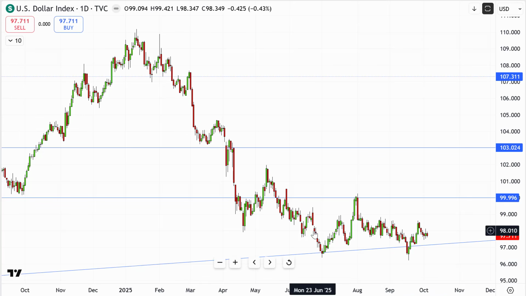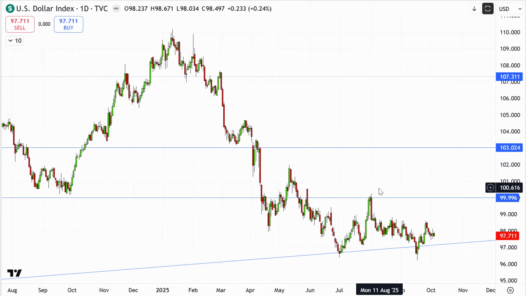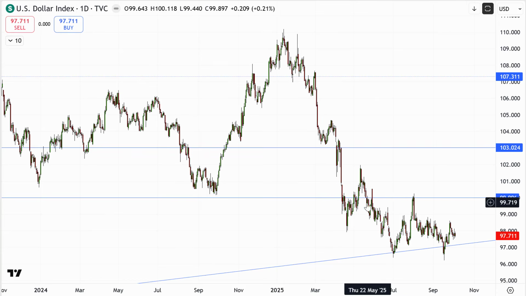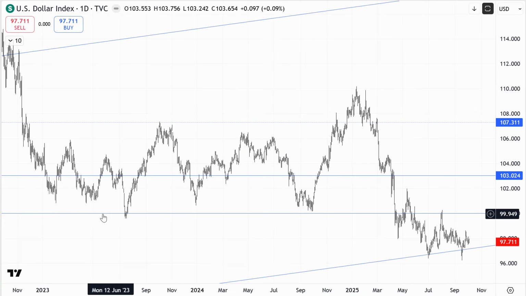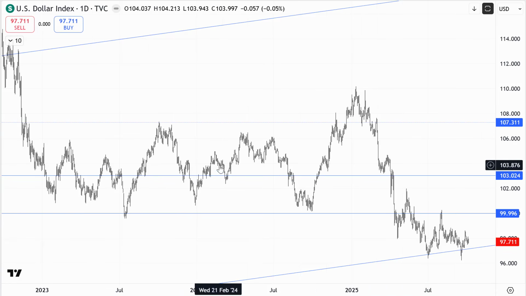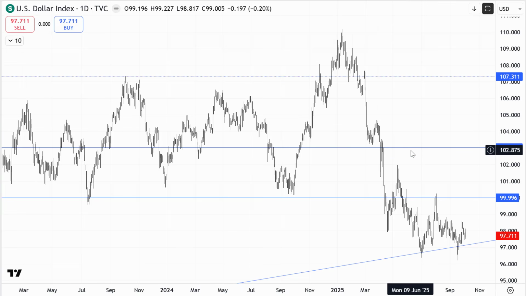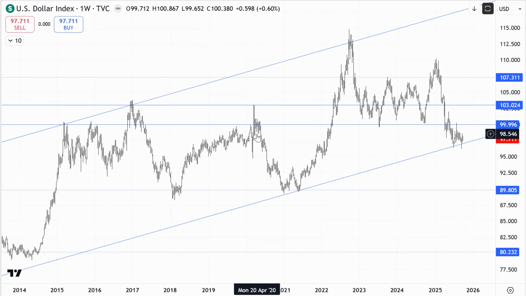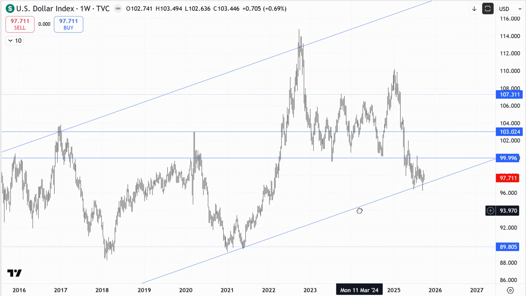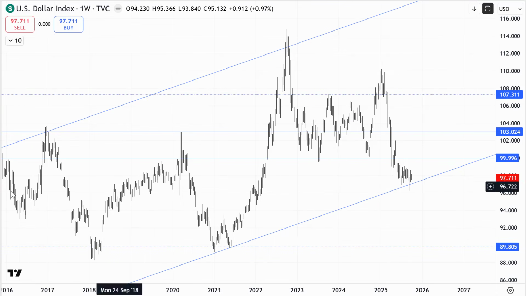Overall, I've got a number of trend lines on my chart here. We can see this horizontal line at around 100, the obvious, so to speak, the big round number level, which if we zoom out, you can see that zone has been tested quite a lot over the recent years. And then we've got higher level horizontal levels above that. So let's go into a weekly chart so we can zoom out somewhat and actually start having a look at these levels. So we can now clearly see that on the weekly chart,